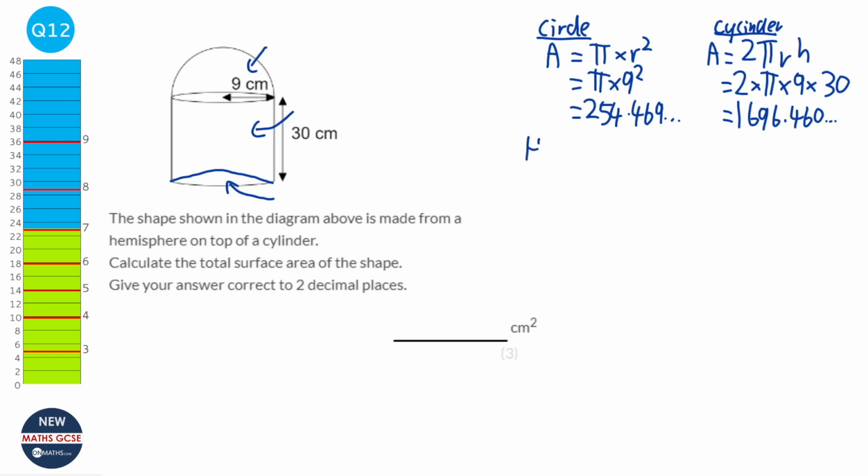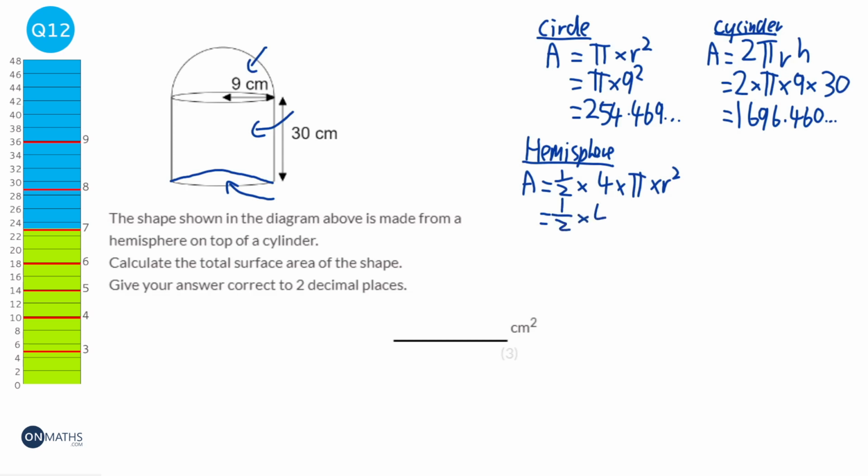And the last bit is this hemisphere here. So let's do the hemisphere. And the formula for the area of a hemisphere, well, this full sphere is 4 times pi times r squared, but because it's a hemisphere, it's half of that. And so it'd be half times 4 times pi times the 9 squared, and that will give us